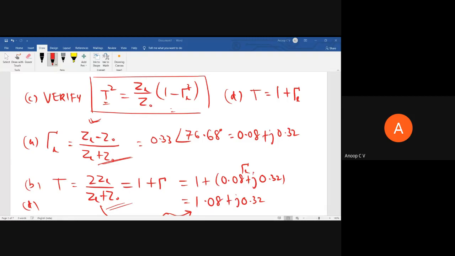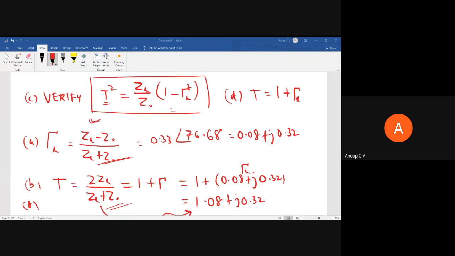And for problems we'll be using other textbooks as well, right? So I'll post the solved examples in Canvas. You can refer to that. All the examples are more or less like this. All are quite straightforward, but the only thing is you should know how to use the calculator.